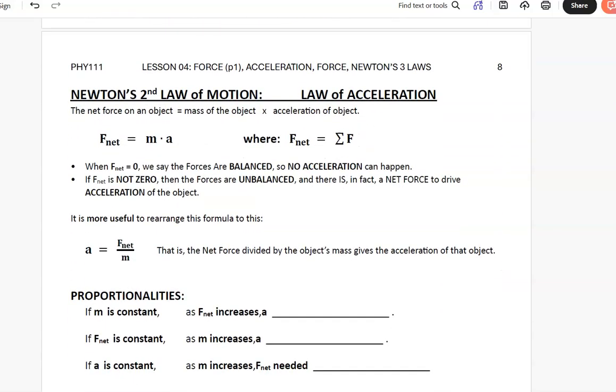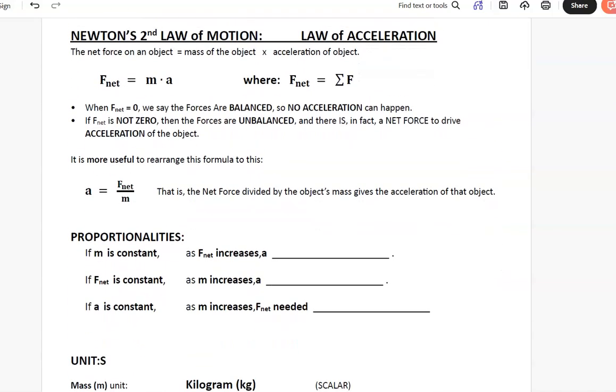Okay, let's look at Newton's second law of motion. This is also called the law of acceleration. Sometimes it's called the law of force and acceleration. But the point of this law is to relate the net force to the acceleration of an object and the mass of its object. And the second law is really a formula. It says that the net force on the object is equal to the mass of the object times the acceleration